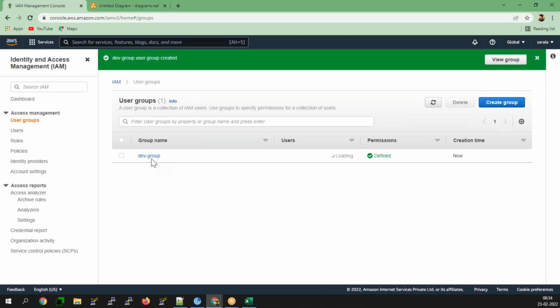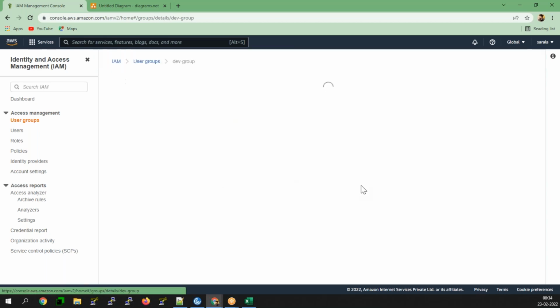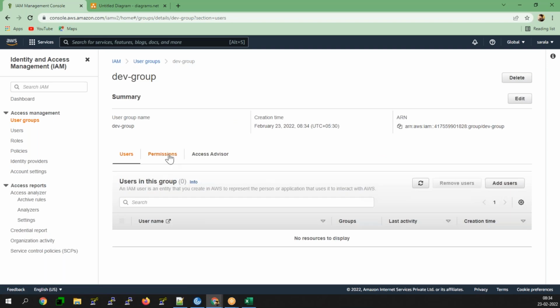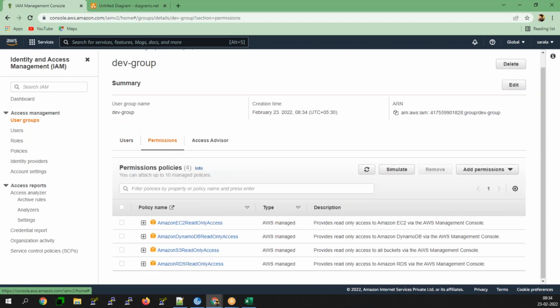Now this respective group will have four permissions here: one is EC2 read only, second is DynamoDB read only, third is S3 read only, and fourth is RDS read only.